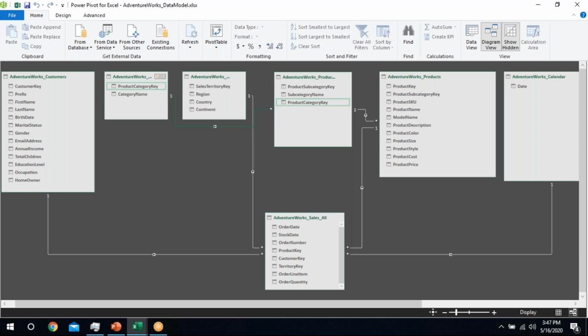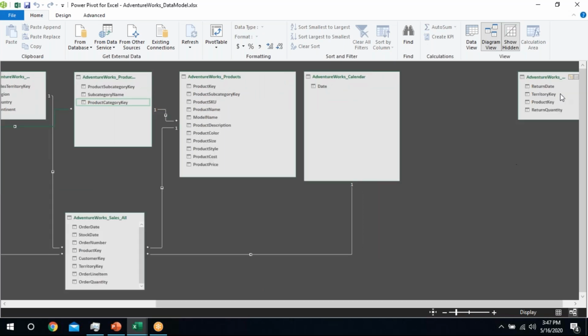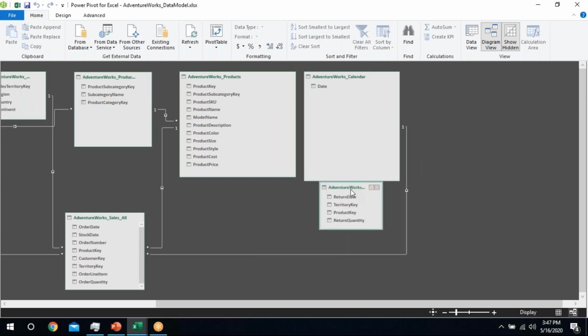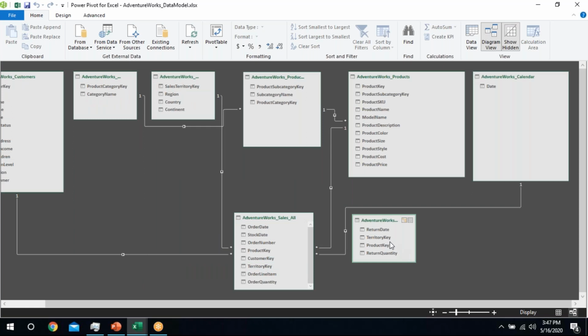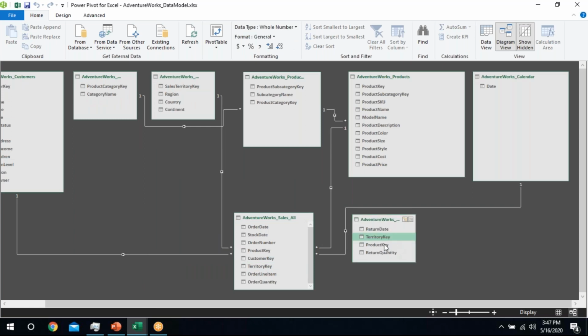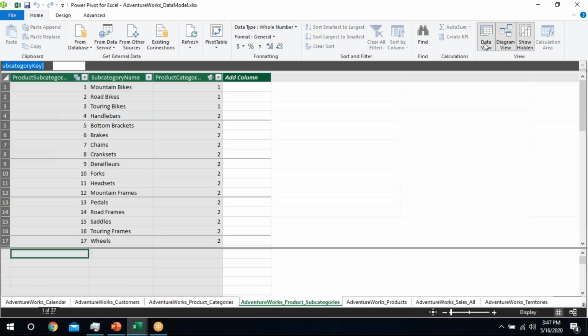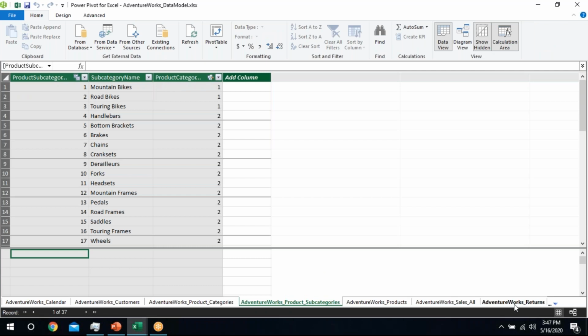So we have created connections between all of these tables. Still one table is left. This is my fact table because it contains keys for the territory, for the product, and my return quantity information. Let's see it on the data table, the return table.